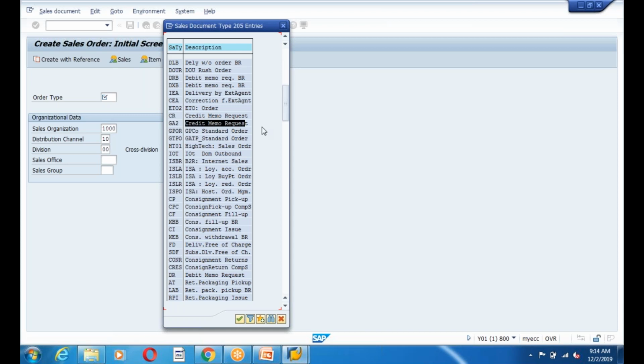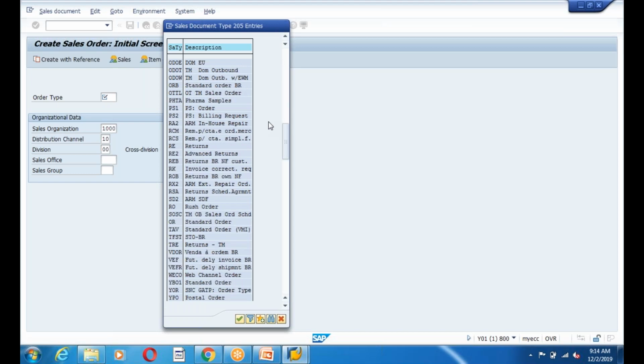And you have a credit memo request. Credit memo request means, suppose I ordered the product and I pay the money, right? When I do the return, you are going to receive the money back into your account, right? So that is also one of the orders, a return order. That we create as a credit memo request. It's all business, guys. We'll learn slowly, not in a single day. It takes some time. I am just explaining what exactly the order types are.